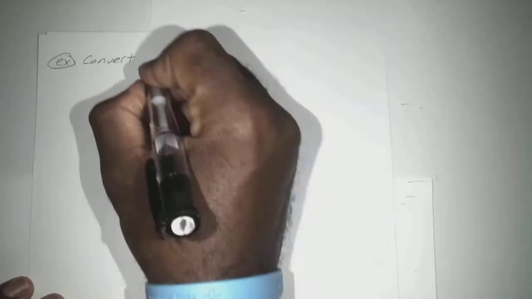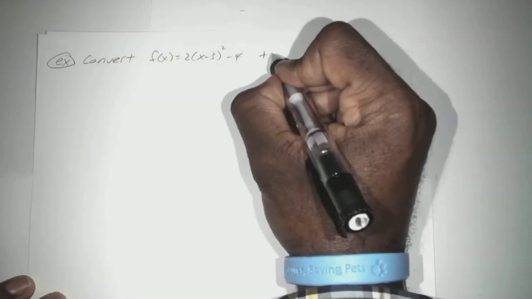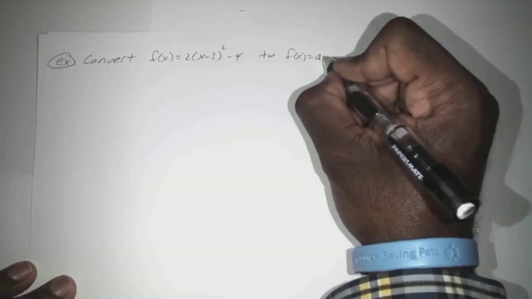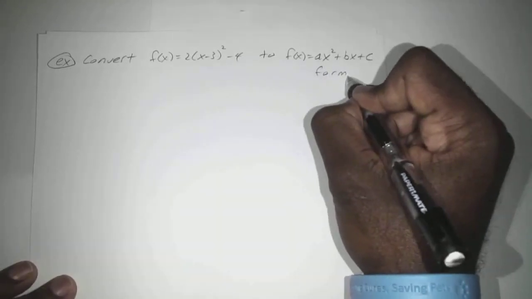Okay, so let's say, for example, we wanted to convert f of x equals 2 times x minus 3 squared minus 4 to the general form. Let's say to f of x equals ax squared plus bx plus c form. Okay, so we don't want to take it to standard form and move it to general form. Now this way is actually not too bad,